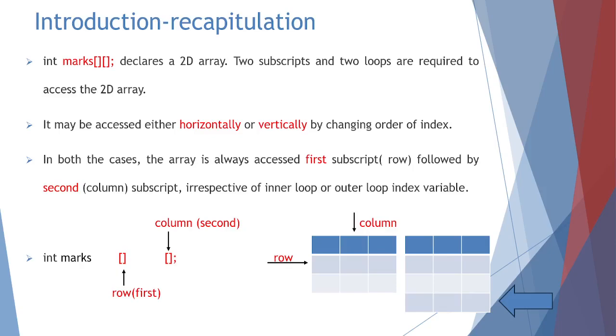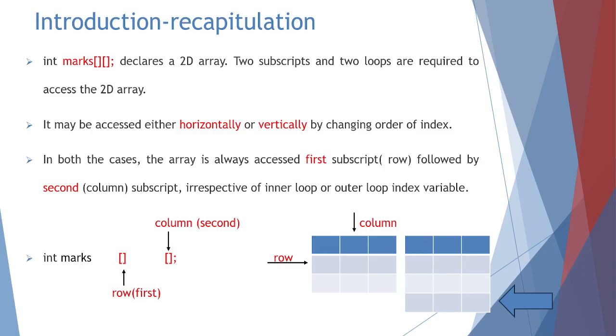Int marks double square brackets declares a 2D array. Two subscripts and two loops are required to access the two-dimensional array. The array may be accessed either horizontally or vertically by changing the order of index and loops. In both cases, the array is always accessed with the first subscript, that is row, followed by the second, that is column subscript,